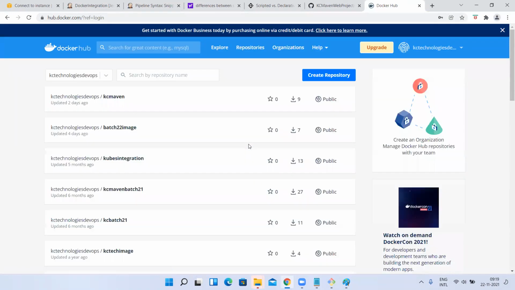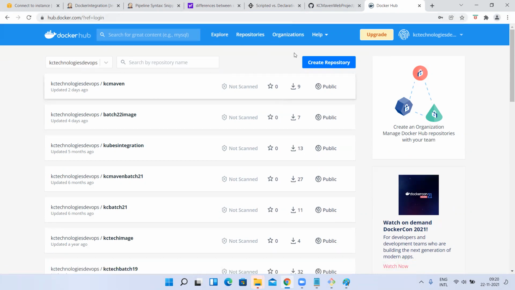Now if I go here. One more thing in Docker, I said you can create organizations, like how we create an organization in GitHub, right? Likewise, you create organizations here, and inside that you can create repositories. Same concept as in GitHub, where you create an organization and inside that organization you create repositories, right? Same way, you can create an organization and repositories inside it. Okay, fine.